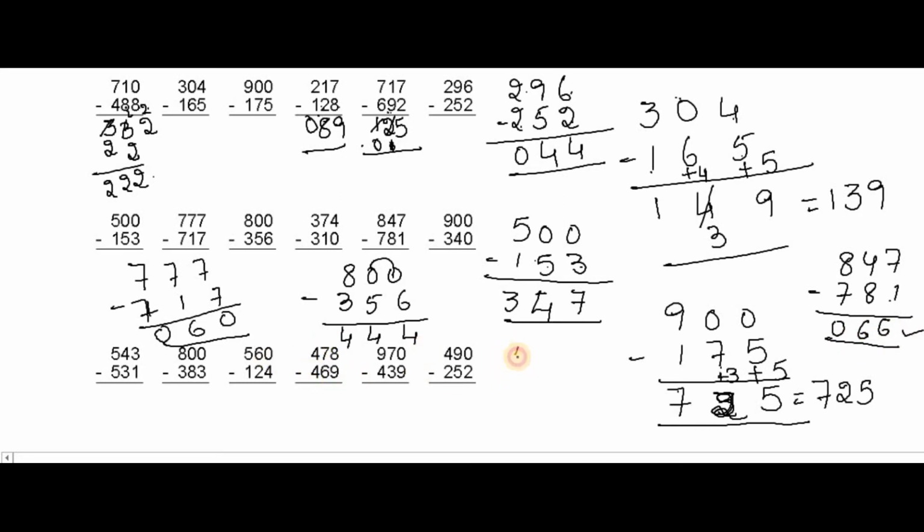Now we will solve this, 490 minus 252. I already said that you have to be perfect in the complements, then only will it be easy for us to solve these questions. 4 minus 2 is 2, because 9 minus 5 is a match combination, so we can write the number. As 0 minus 2 is a mismatch, so we'll write the before number. 9 minus 5 is 4, but I'll write 3, and the complement of 2 is 8. 0 plus 8 is 8.